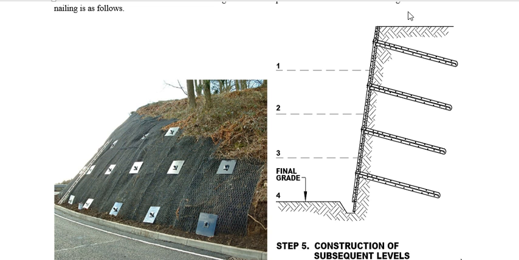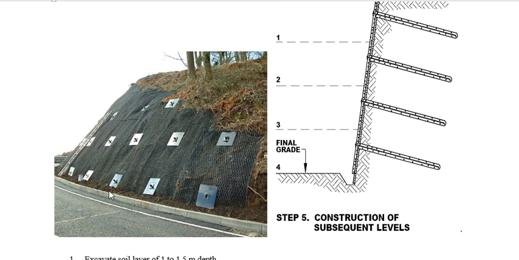Whenever there is a problem of slopes, soil nailing is usually done for slopes that are very weak in tension, because soil is very strong in compression and weak in tension. For example, in this figure there is a road, and nearby there is a slope. Due to weathering or erosion, this slope may collapse onto the road.